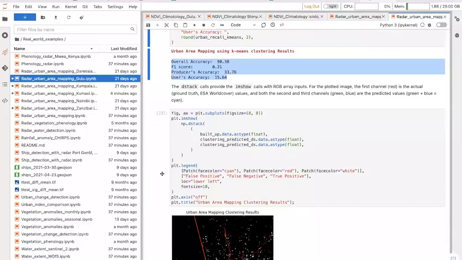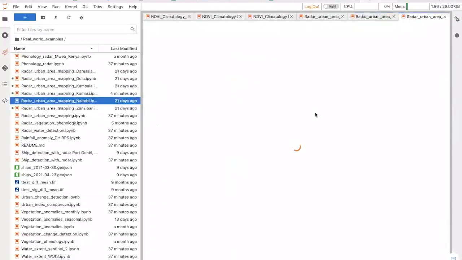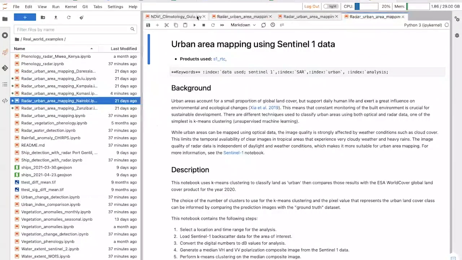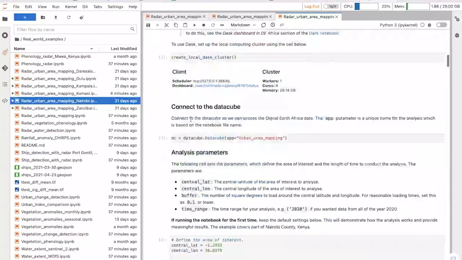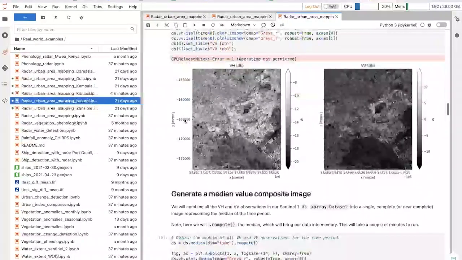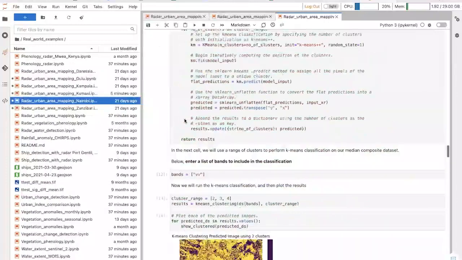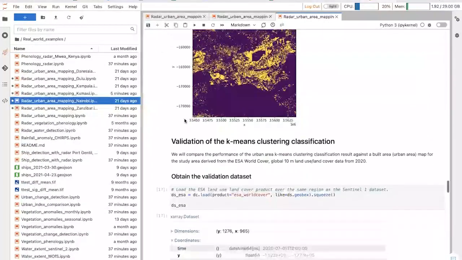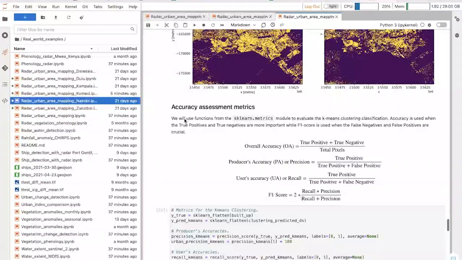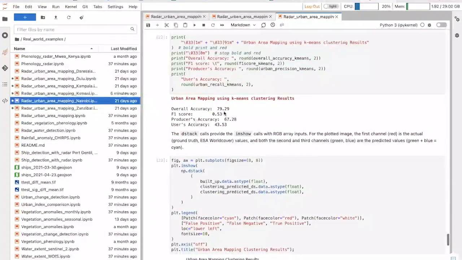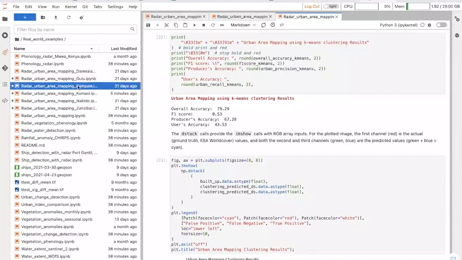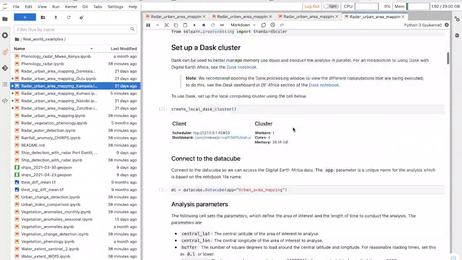I was just trying to show you that. Then I did the same for another city in the same country, and the results were not so good. So it's a learning process for everybody. I even did it for Kumasi, and the results were even worse. I didn't want to share them because that would mean Benjamin will be very disappointed. So from what Victoria got from Nairobi, we agree the results were very visible with even what we have on the globe. So it's more of what our partners have done. Something around 79, 80 is fairly okay. But when we do it for other cities, you really don't even want to show the results. So it's more of a tweak and